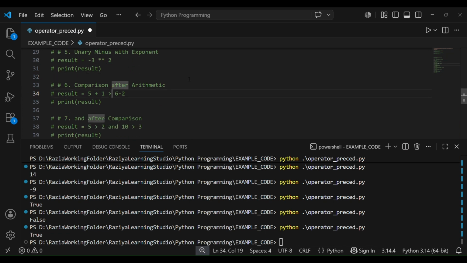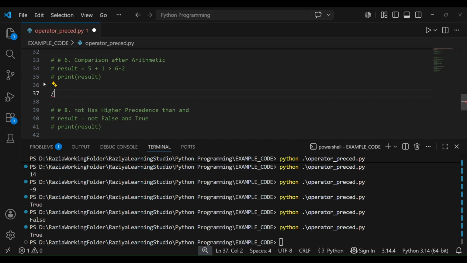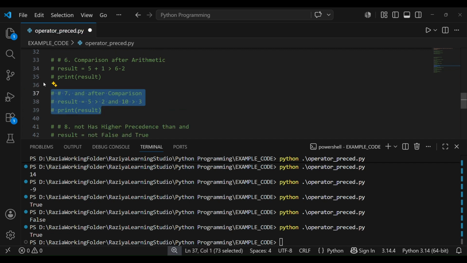Next is the and operator after comparison, correct? So here if you see, I have used and. Okay, so what was and? Left hand side is true and right hand side is true. So we have to check, right? And will be done after comparison. It will check here, is this true or false? Is this true or false? When both are true, the answer should be true. If either of them is false, then it will be false, right? And if both are false, false. So and works that way, no?